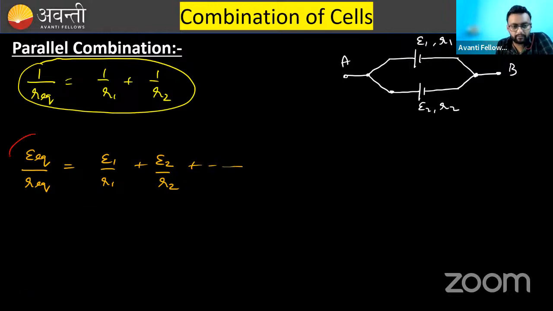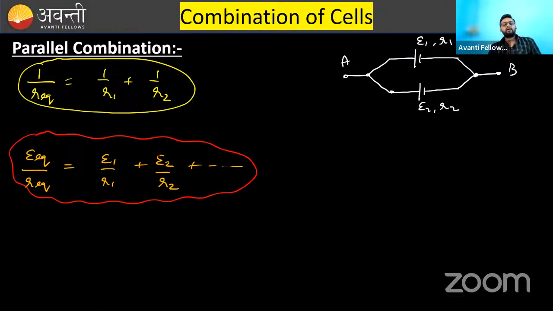This is the simplest form to remember. E equivalent by R equivalent, E1, R1, E2, R2, similarly so on. If in any part I change the polarity of one of the cells, then you need to put a negative against that cell. For example, if I draw it like that,